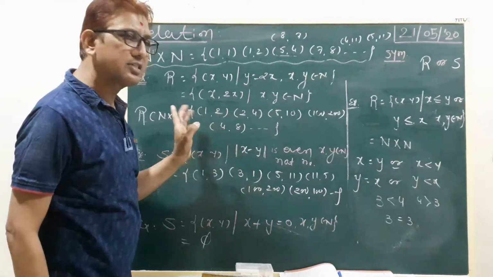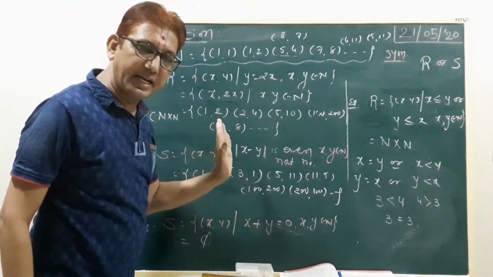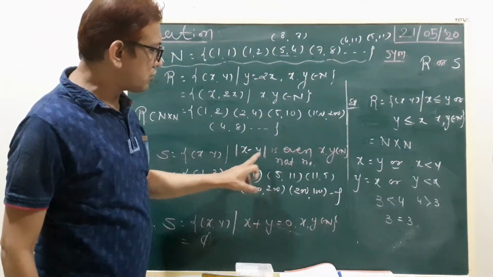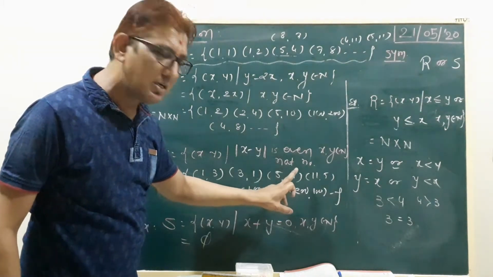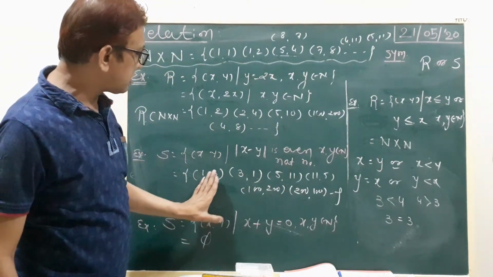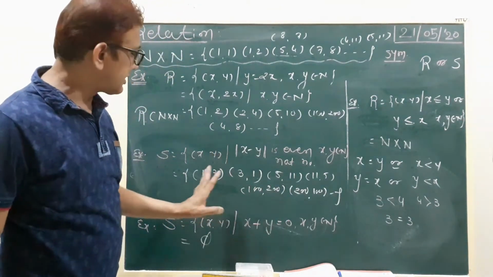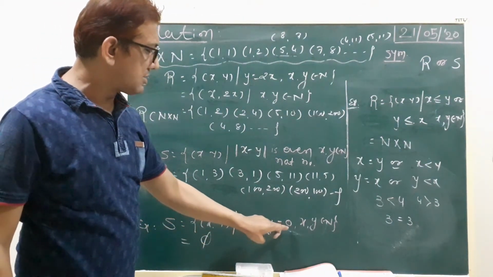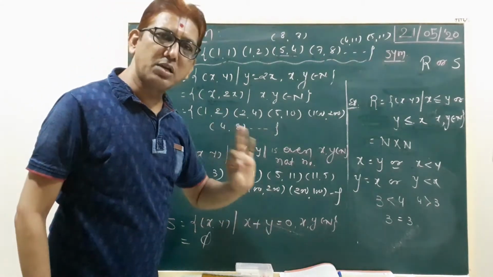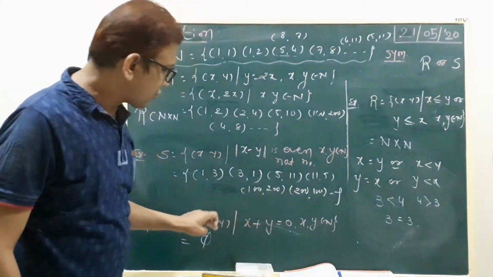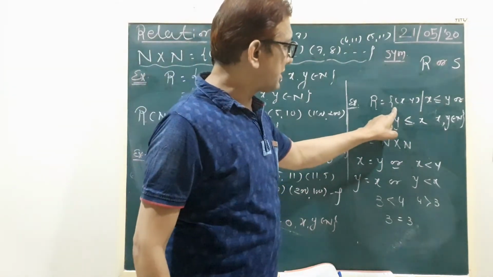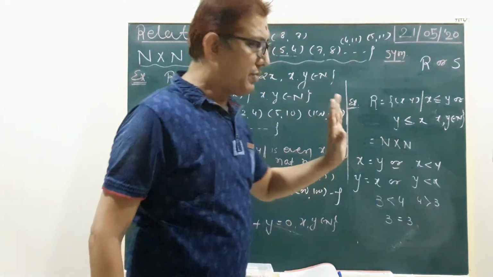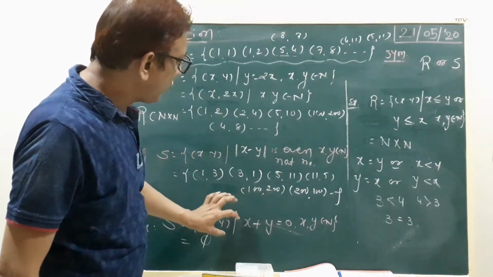So the first sum is this relation x to y, where the second element is the double of the first element. In the second sum, the subtraction of these two numbers is an even natural number. So 1 3 is possible, 3 1 is also possible, but the same element is not possible, because the difference is 0, which is not a natural number. So it is called the empty relation, and here the relation is the universal relation. Right? We explained this example.